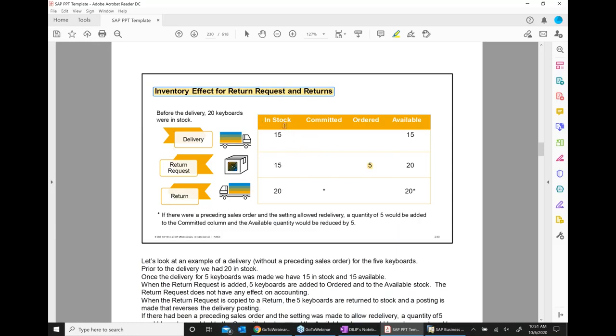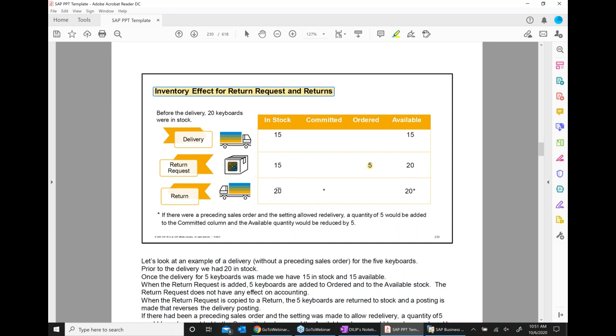Now, if you see here, in stock, let us say I have 15. Available is 15, let's assume, because nothing is committed and nothing is ordered. If I get a return request, it goes into the ordered bucket because material is coming back to us, and then available stock increases: 15 plus 5 becomes 20.